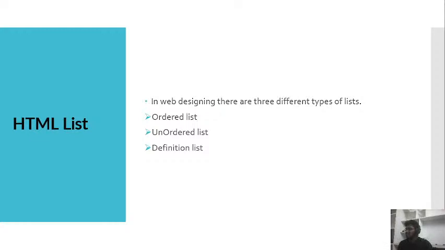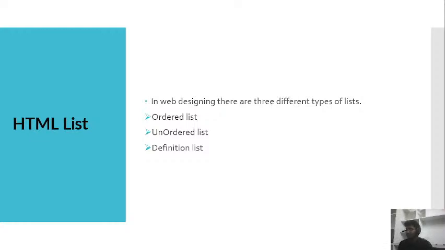Okay, ordered list is going to be used for ordering the elements in numbers like 1, 2, 3. So it's going to be displayed as 1, 2, 3. And then while coming to the unordered list, it's going to give bullet points or dots, in the sense that the browser which supports it will display them. And then while coming to the definition list, while you are defining the definitions, like you are going to